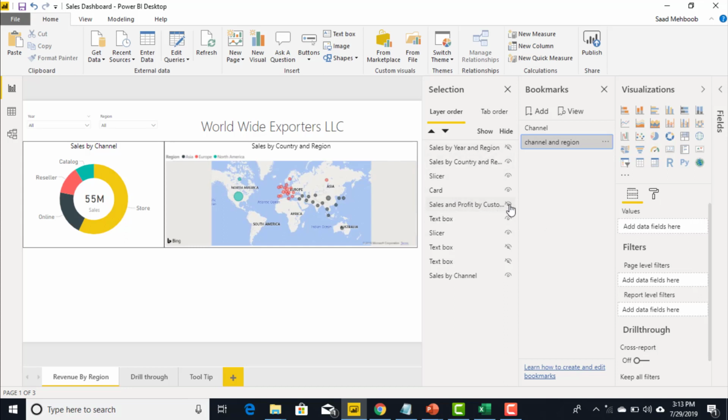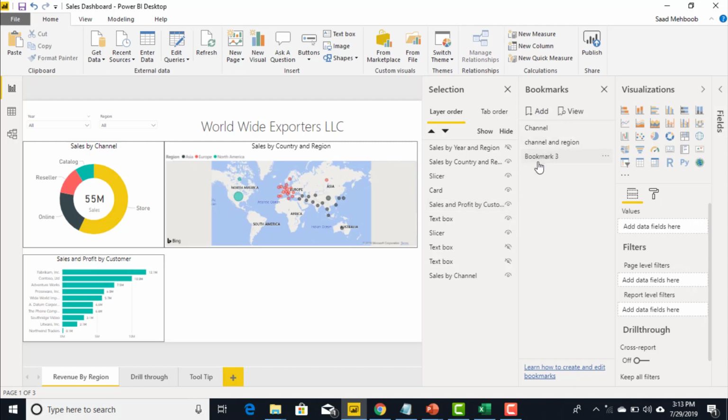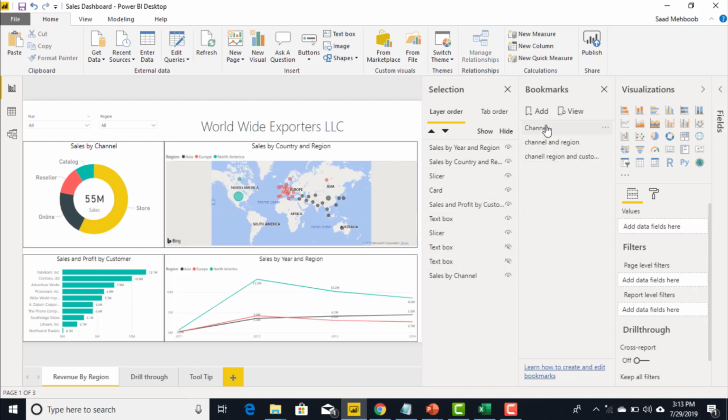Then I will add sales by customer here. I'll save it by the name of channel, region, and customer. And finally, I'll add another bookmark by showing all, calling it all. So you can build your own story by adding bookmarks of your choice, but I was just trying to demonstrate. Now that I have created my bookmarks,